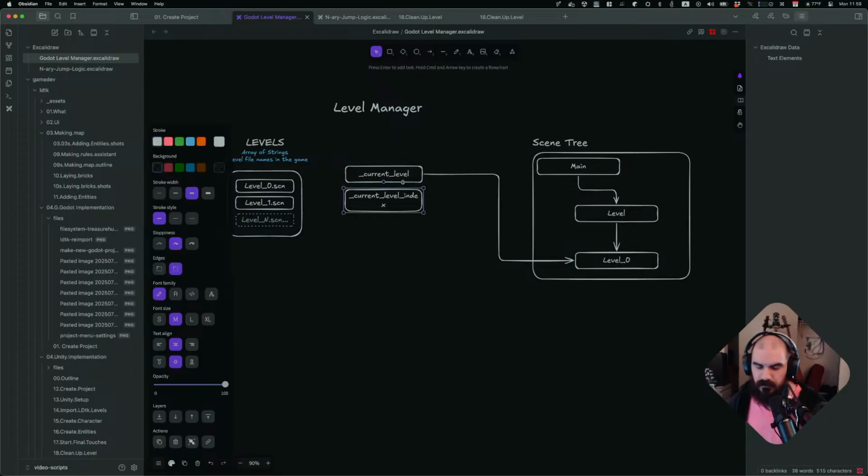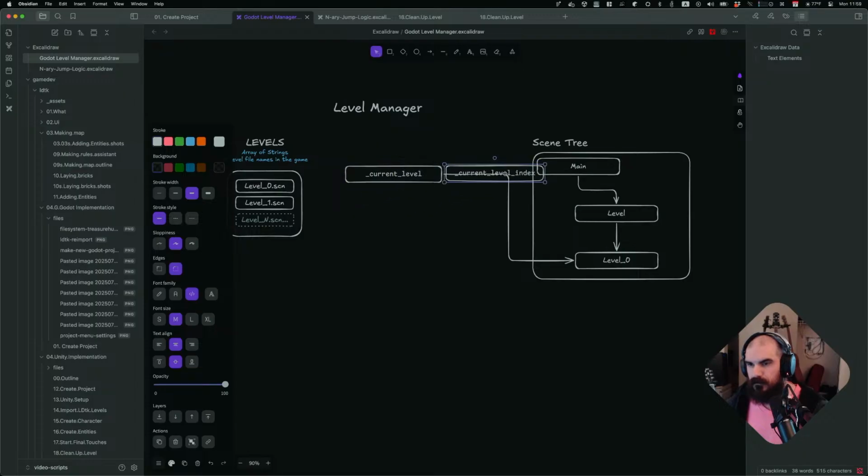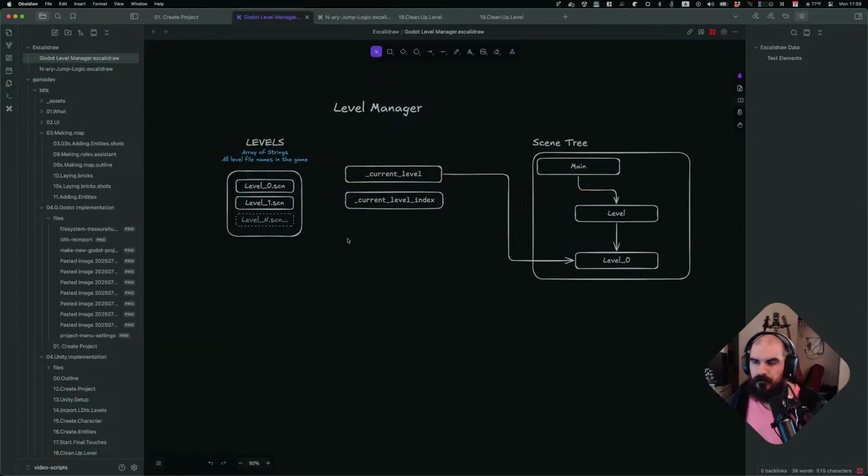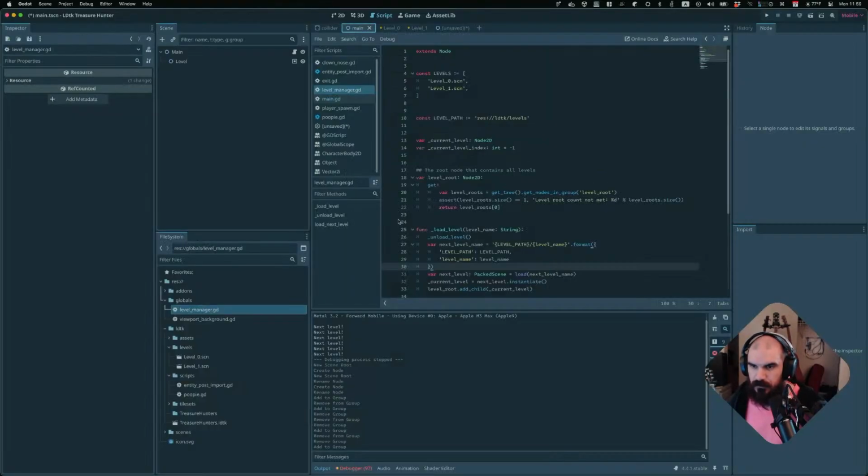We can also make these typewriter fonts if we want. Current level index, and then level root,